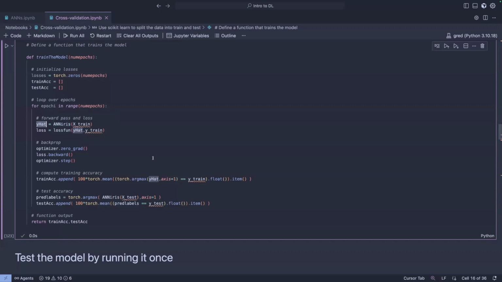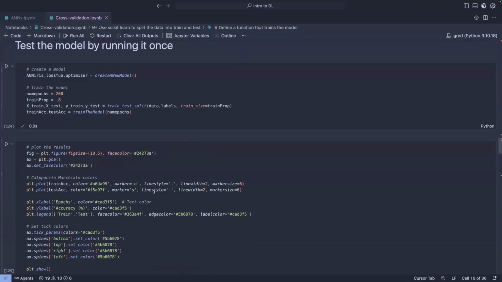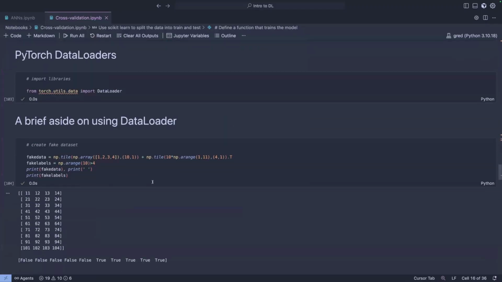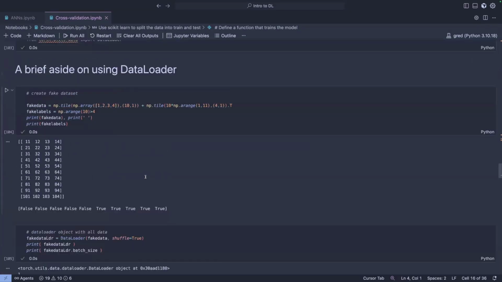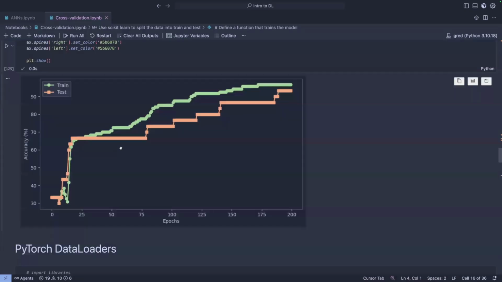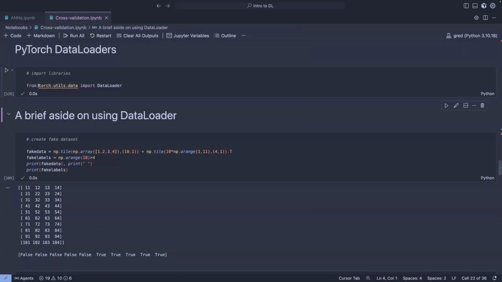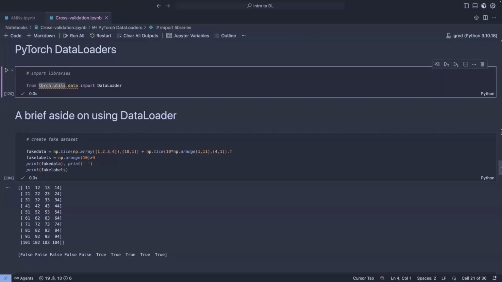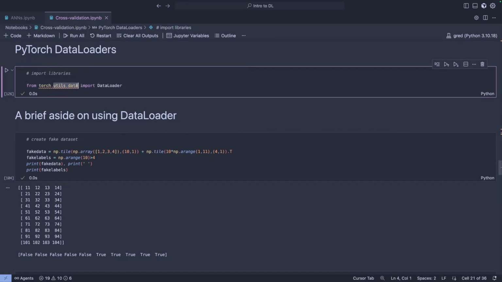One of the very powerful uses of the data loader is that it very easily allows you to specify a batch size as you're loading the data into the model. So this is some fake data to show you how the data loader actually works. The data loader comes from the torch utils package, the same package as PyTorch, but remember we were using the NN, or neural network. Now the data utils module in PyTorch has the data loader.